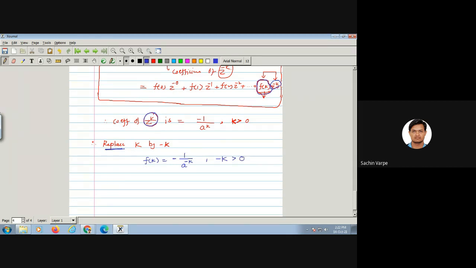जहां जहां k होगा वहां वहां आपको replace करना पड़ेगा. तो कैसे होगा फिर f of k? f of k is equal to minus a raised to minus k को मैं अगर numerator में लेता हूं तो that will be a raised to plus k. And here by multiplying both sides of inequality by minus 1, k will be less than 0 हो जाएगा ना वो. Am I right? Yes, sir. Inequality gets reversed when I multiply.